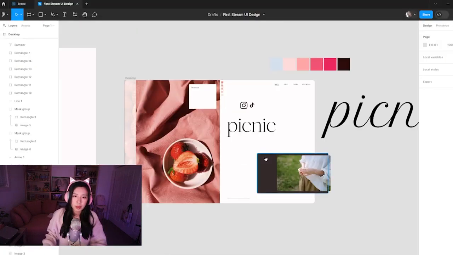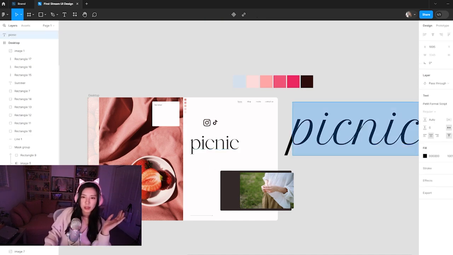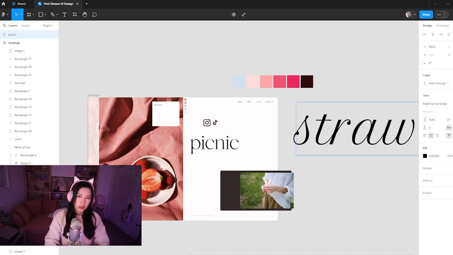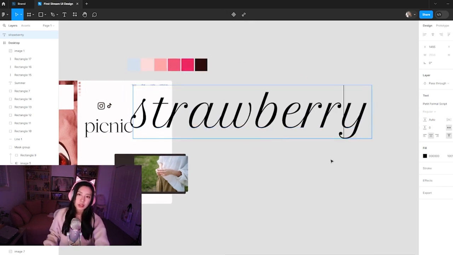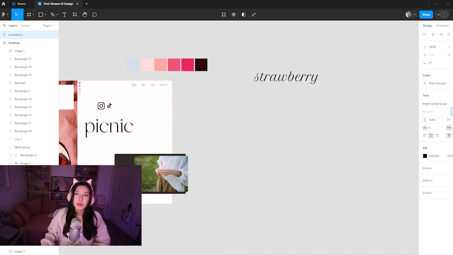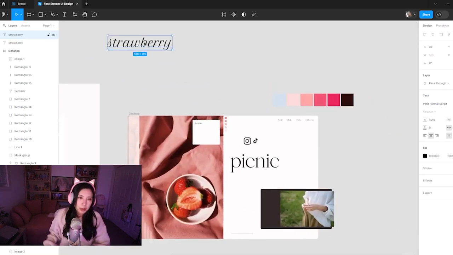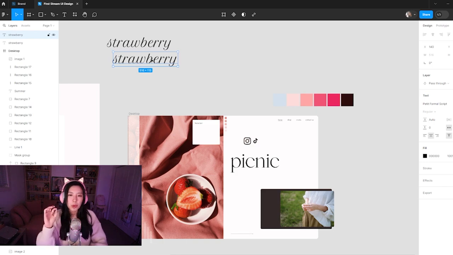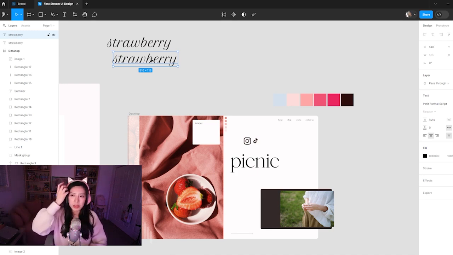Okay, let's do some brainstorming here. Picnic, strawberry, strawberry. Yeah, so if I ever feel stuck, sometimes I just start writing out words that I feel like would help me in the scenario, and then hoping that it'll kind of give me an idea of what I want to add, or at least what's going wrong for me. It'll get me somewhere, because right now I'm just kind of at a point where